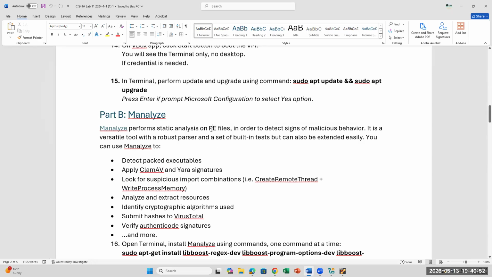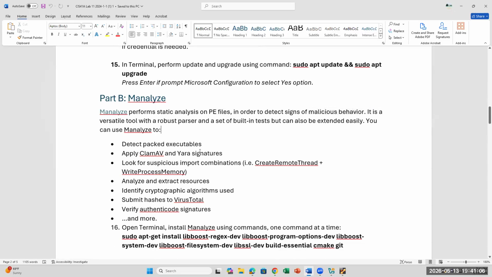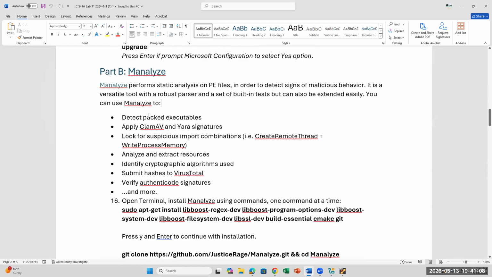So in malware analysis, sometimes you would see an application that's running that is masking the malware or used as malware. So if an application has malicious behavior, it becomes malware, right? So it would look at the executable and look at how it's packed as an executable. We are going to use ClamAV. So ClamAV is